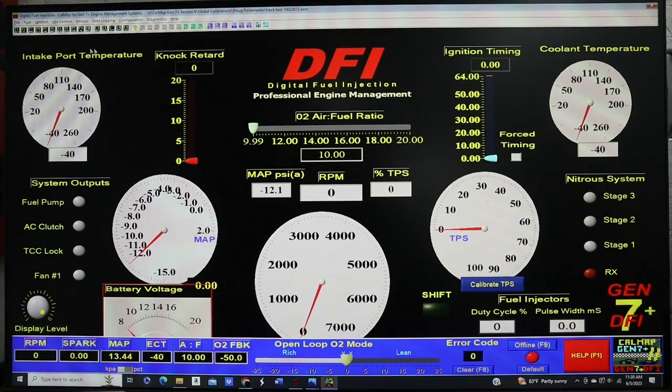Now, on the main screen, a lot of these shortcuts are right here in front of you. So you got F1 for help, F2 for the VE table, F3 for Spark table, F4 for your target AFR, F5 for data logging, F6 to save a calibration, F7 to upload a calibration, F8 clears the error codes, F9 establishes communication,